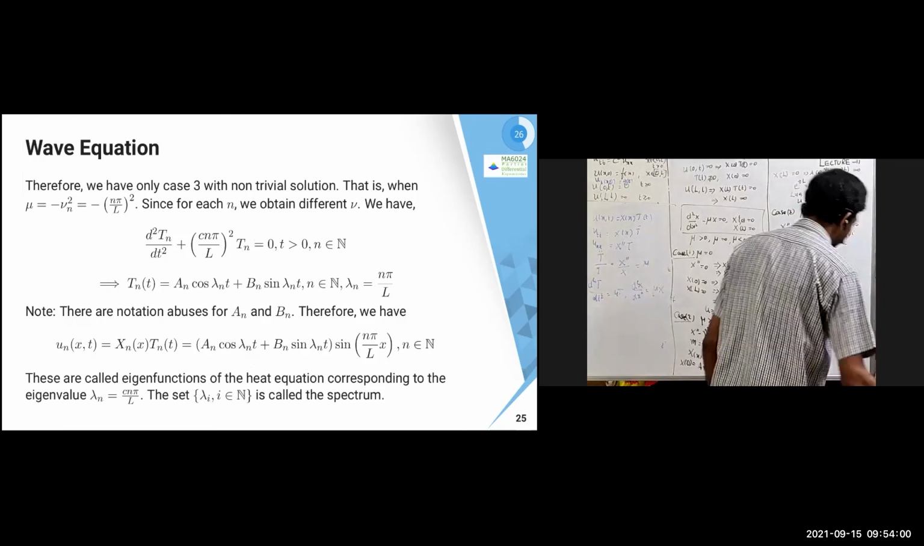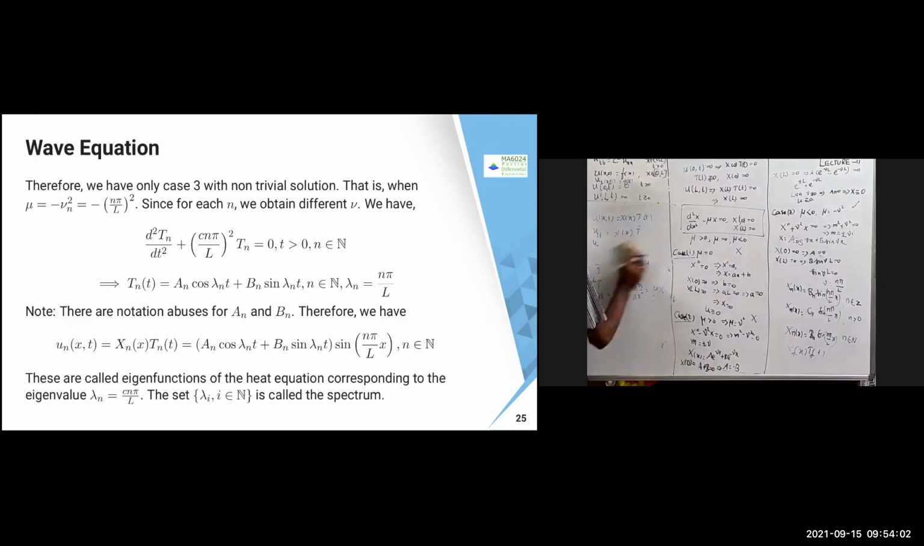Now the place where it is going to change is this one. The place where it is going to change is only this equation, because earlier we had an equation d squared